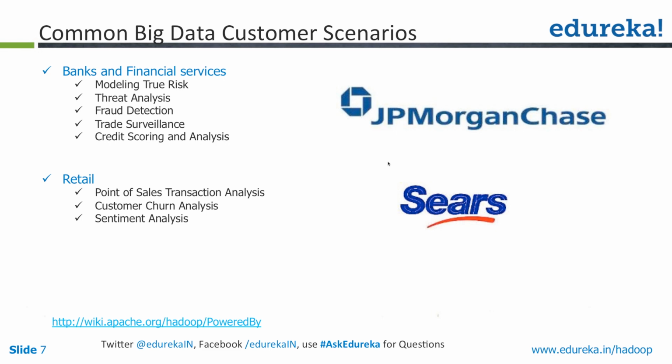So these are the various applications in the financial services. Now in retail, a lot of people have started analyzing their data. For example, point of sales transaction analysis, as I was talking about, and customer churn analysis, which means the type of customers you may want to retain or drop, which you're seeing in your existing customers. They've opted for a different store, or they've started going to a different website to do their transactions.